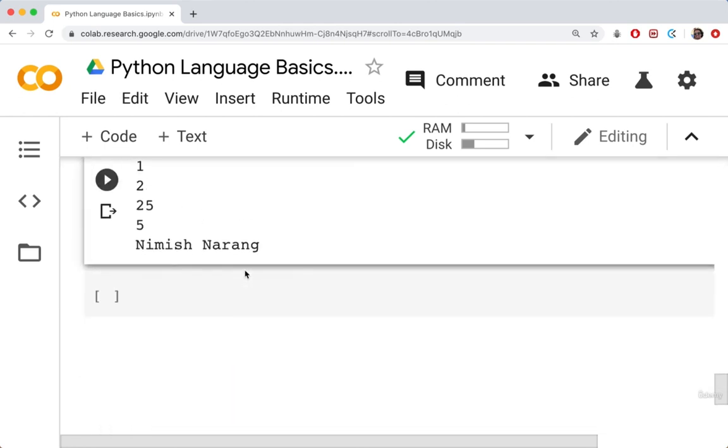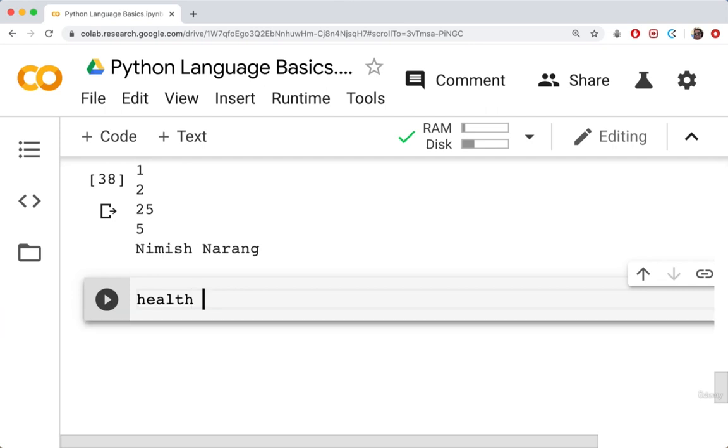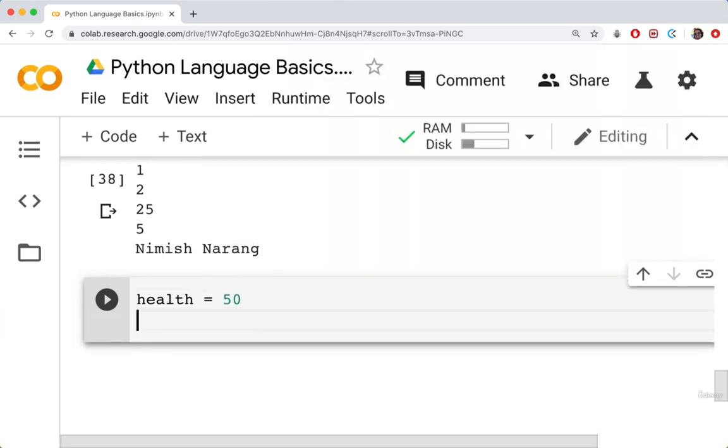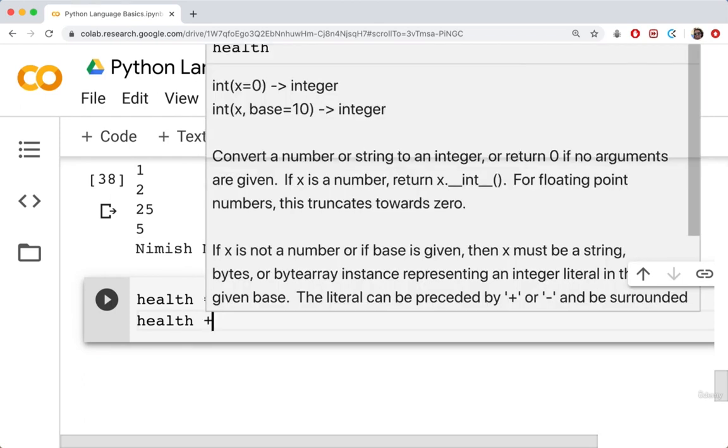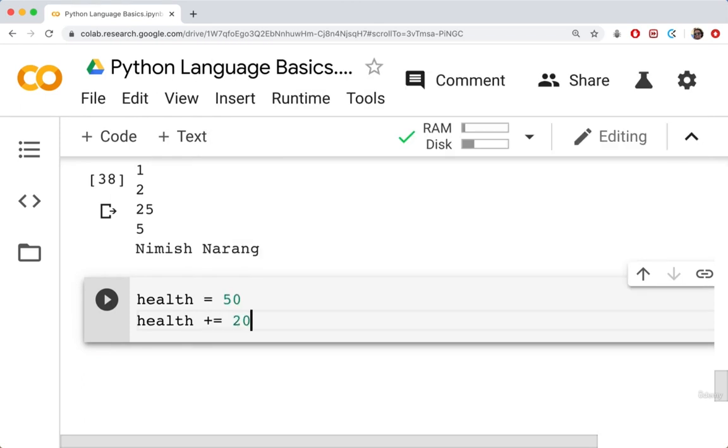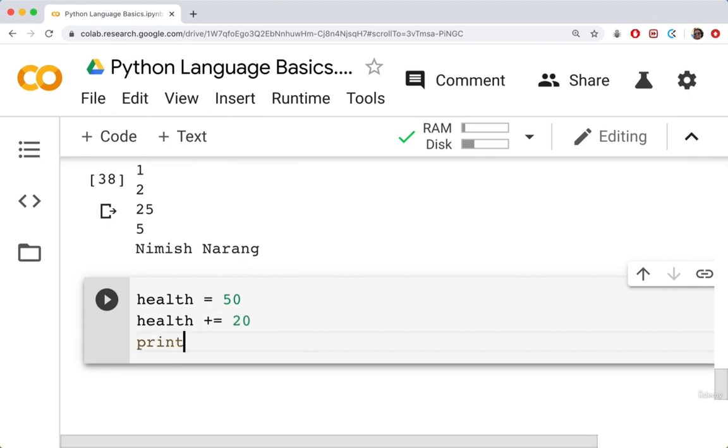Okay, so let's take health, and we're going to reassign it back to 50. That's fine. Now, what if I do health plus equals 20? What do you think the result should be here? Well, it should be 70, okay? And this is actually changing the value of health. So if I print out health here,